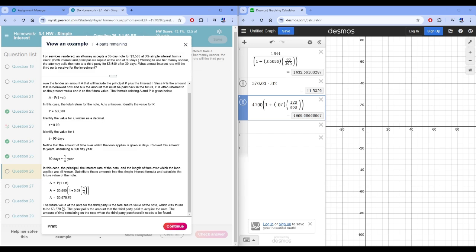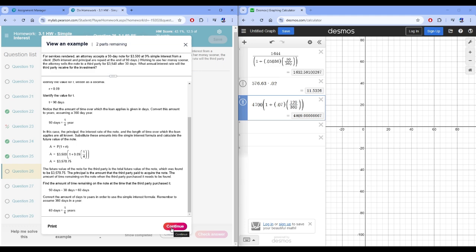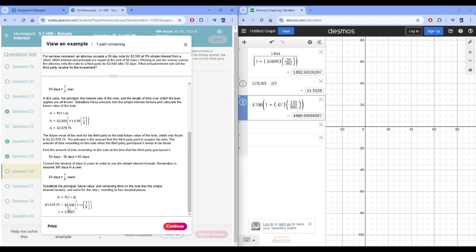I got that. The future value of the note of the third party is the total value of the note, which was found to be that. The principal is the amount of the principal. 60 days. Okay, where do these numbers come from? This is the selling price, this is the total price. Okay, I got it. So now this is going to be the total price,